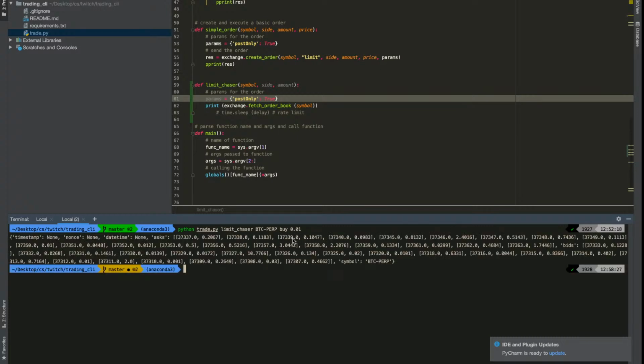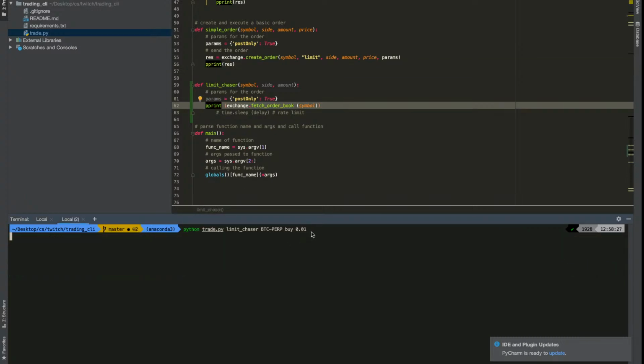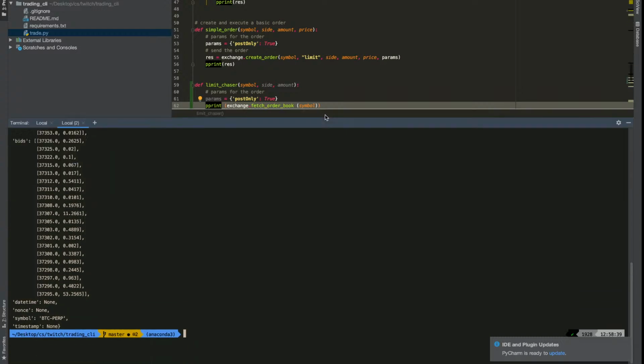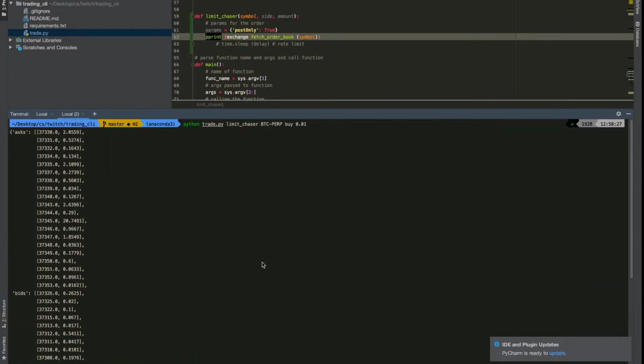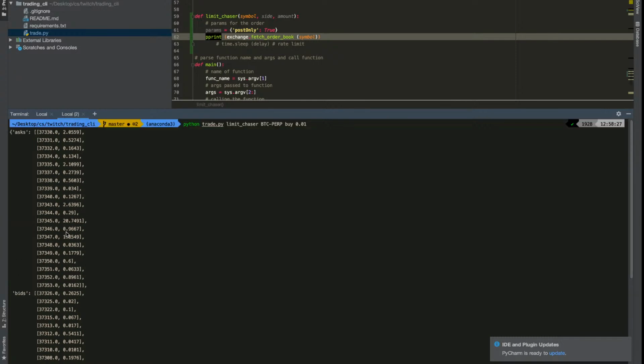Okay, so we get this. Let's do pprint actually. One more time. So if we actually look in here, here's what we get. We get a dictionary with asks and bids, and we get the top of the asks with the size and the top of the bids with the size, right? Cool. So what we can actually do with this is